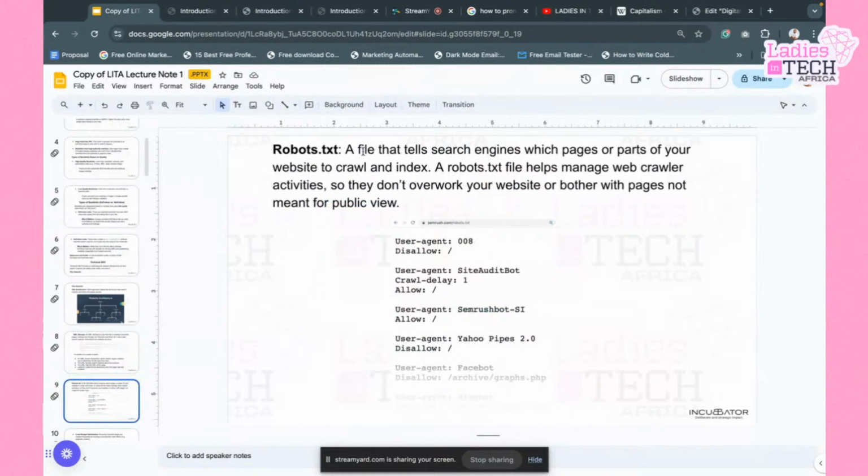Now the robots.txt file. This is what it looks like basically. A file that tells search engines which pages or parts of your website to crawl and index. A robots.txt file helps manage web crawler activity so they don't overwork your website or bother with pages not meant for public view. As you can see, let's look through the words here. It says